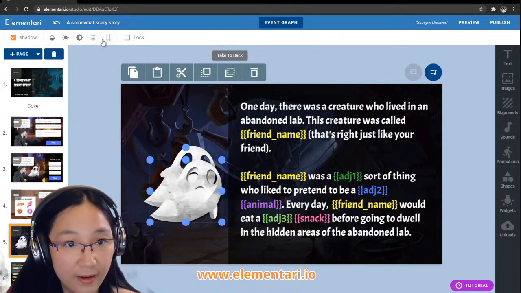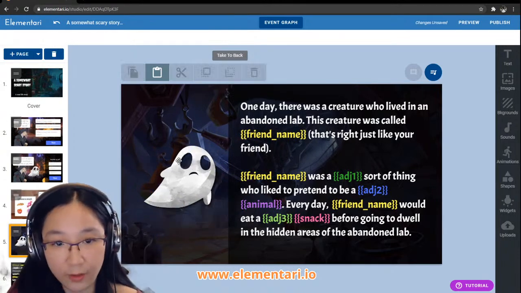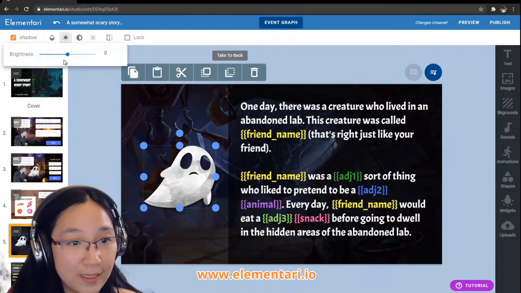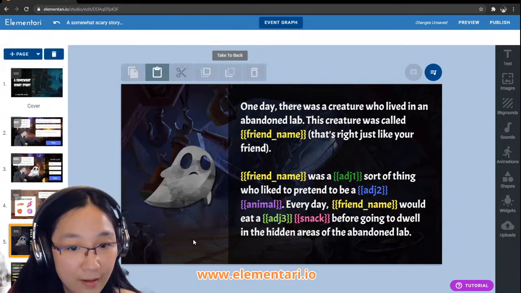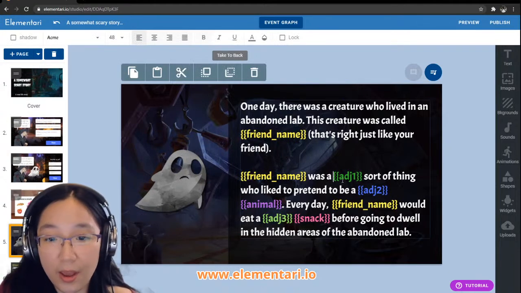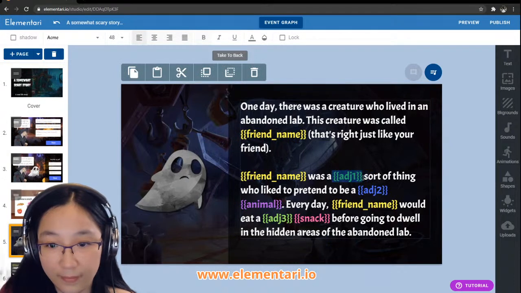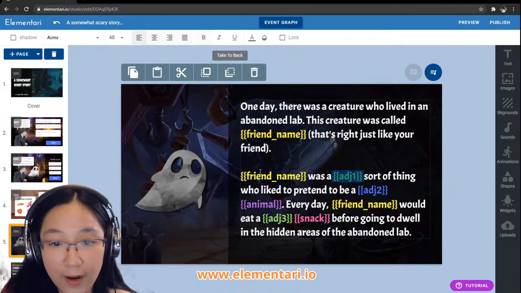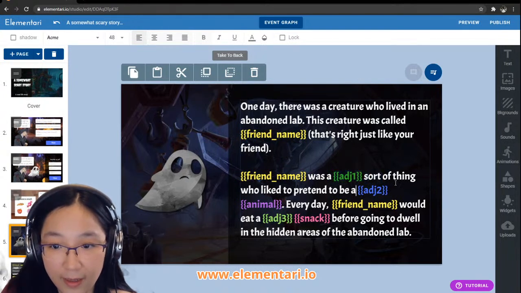I can make the ghost darker. Maybe that would be a little bit scarier. Something like that. Okay. So, friend name was a scary or adjective sort of thing.